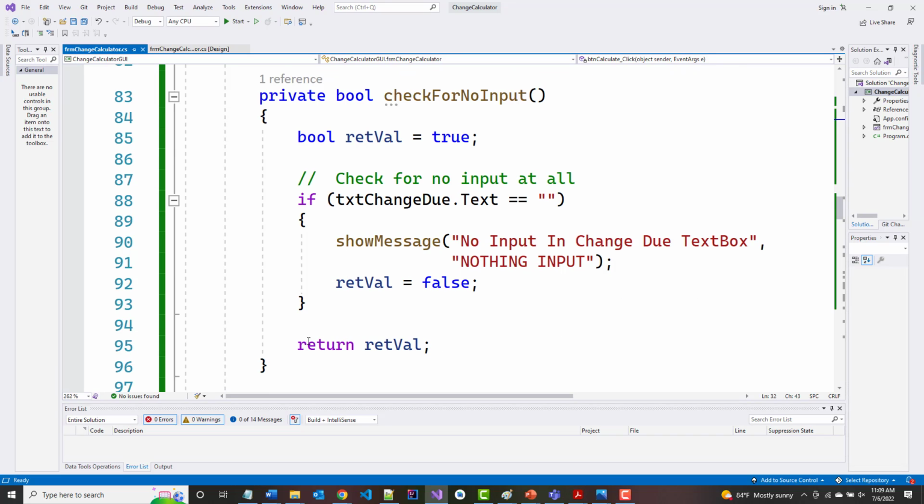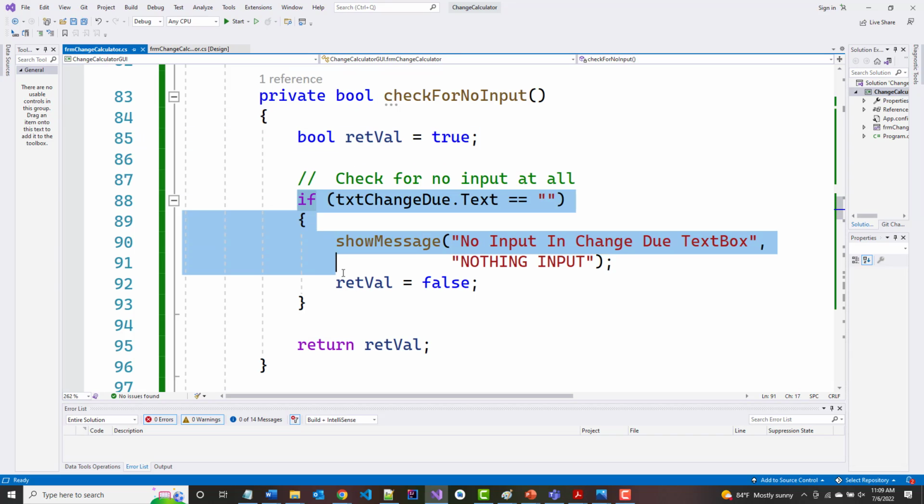It's going to return this return value, which is either equal to true, or if there was nothing in there,